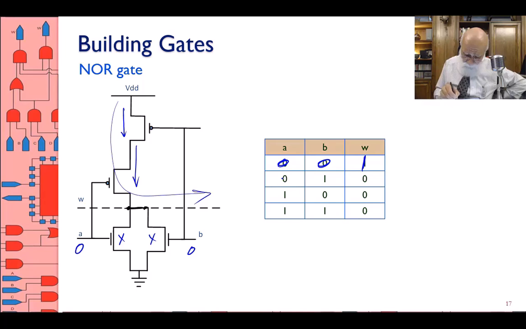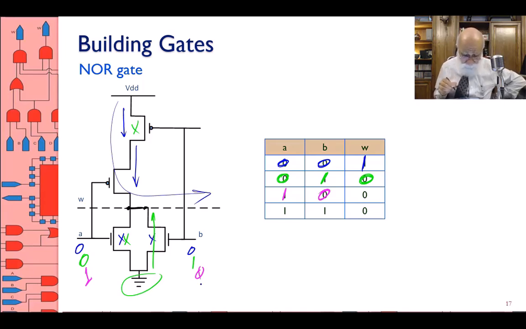Okay, let's do something else. This time, I'm going to have a 0 on A, a 1 on B. Still, this doesn't conduct. A 1 on B. This doesn't conduct, but this one sends a 0 through. Okay, let me draw it closer to the B transistor. Sends it through. What does it send? A 0 is sent. See, the supply 0 is sent, and therefore one path is enough to send a 0 through, and therefore the output is 0. Then I'm going to do a 1 0, meaning that A is 1 this time, B is 0,